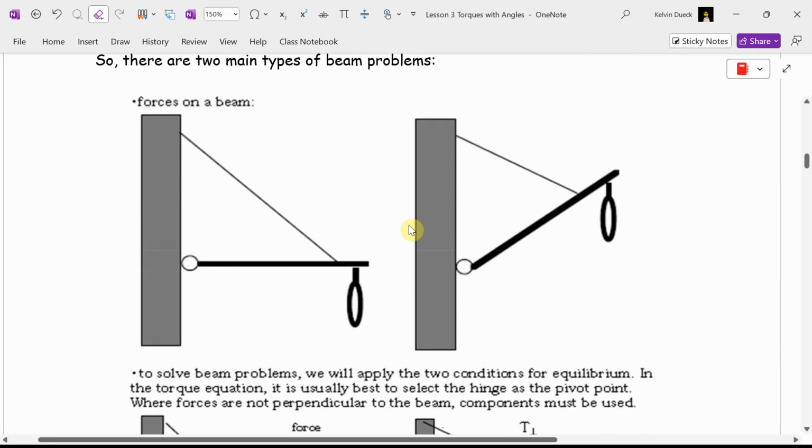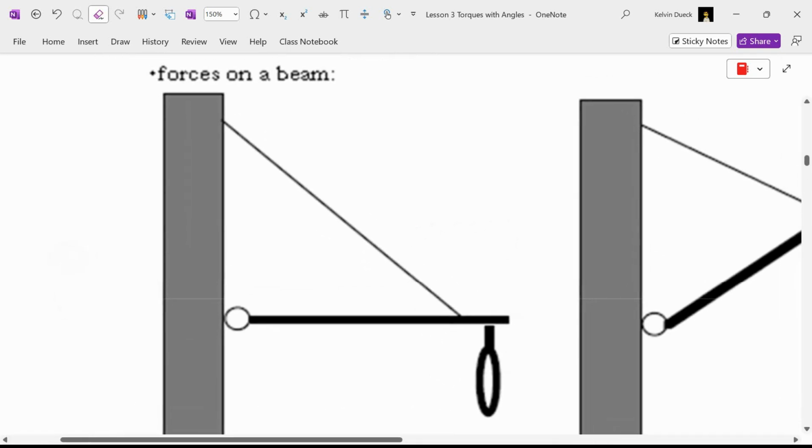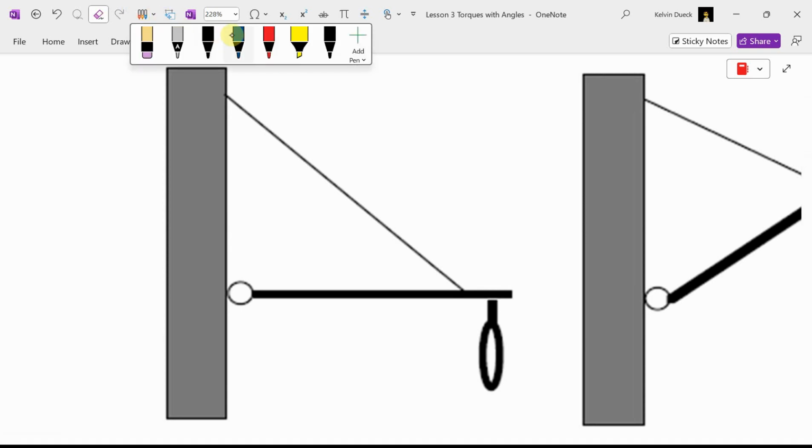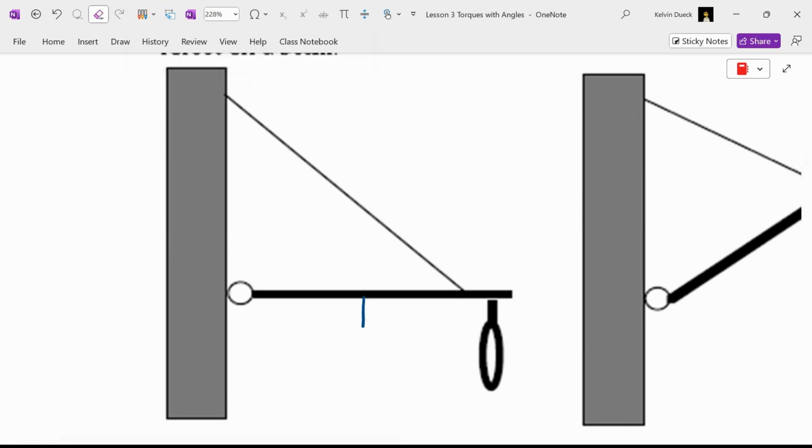There are two main types of beam problems. Forces on a beam when the beam is horizontal, those are easier. Tougher, forces on the beam when the beam is at an angle and the rope is at an angle. Components. Let's zoom into here and let's just do the free body diagram. What are the forces acting on this? Get the obvious one. And since there's a load as well, I'm going to put the mass of the beam times g,